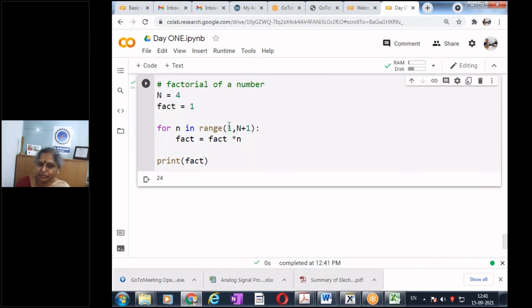Then in the first loop, n is equal to 1, then fact into 1. The next loop, n becomes 2, and the previous value of factorial gets multiplied with 2, 3 and 4. Including 4, I want, so I put 4 n+1. So it will run the for loop up to 4.